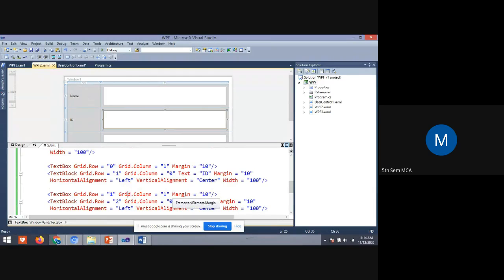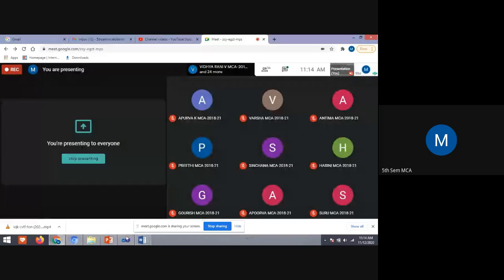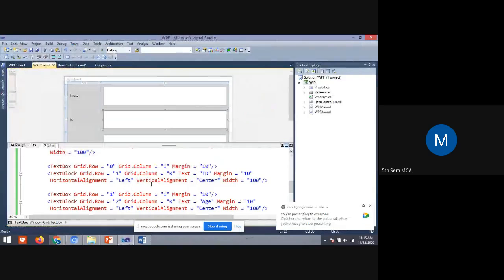Next, which is highlighted? Preeti, can you hear me? Now what is highlighted? This area is highlighted, ma'am. See, this is the second text box. In this second text box, I am taking an input from the user, that is ID.